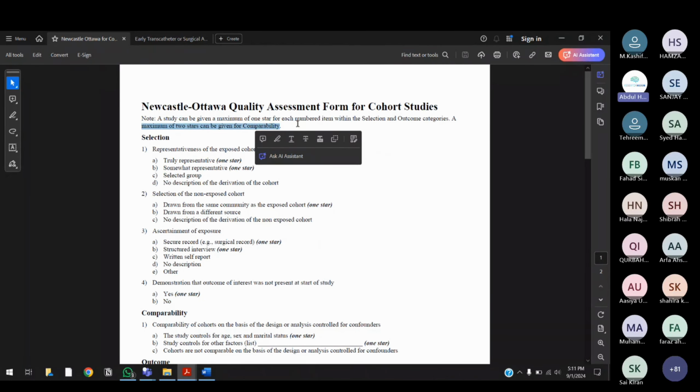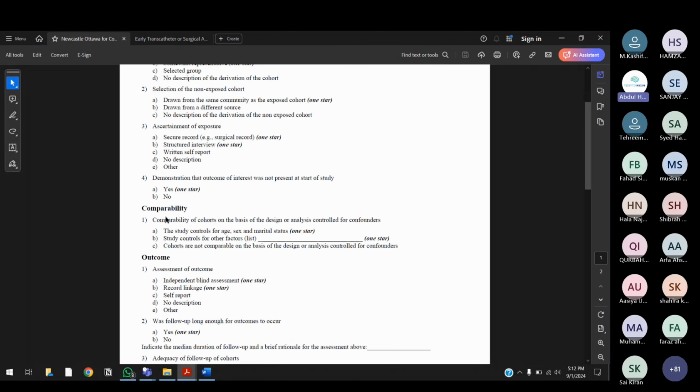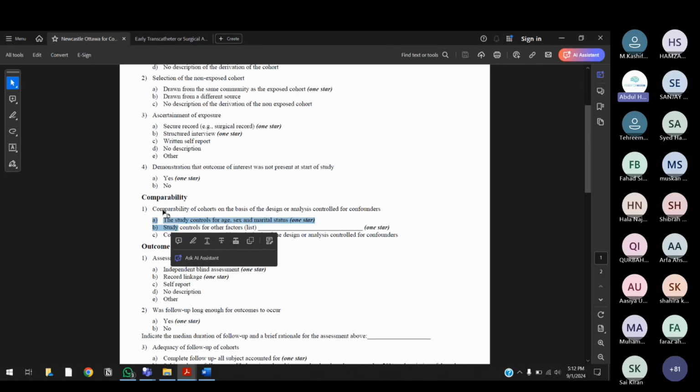So the study is telling you that this is an exception. In the comparability domain you can give 2 stars. Okay? In all the others, for each question you could only give 1 star. So in the comparability domain you read the question and decide that you are going to give it 2 stars. Right? A and D. You selected both A and D and answered them. That means you are giving it 2 stars. So in the selection domain we had 3 stars. In the comparability domain now we have 2 stars.